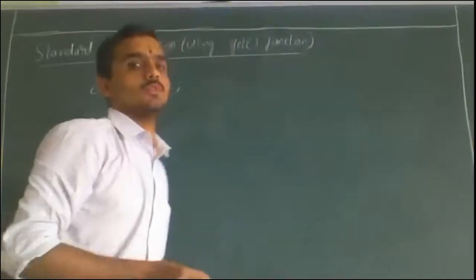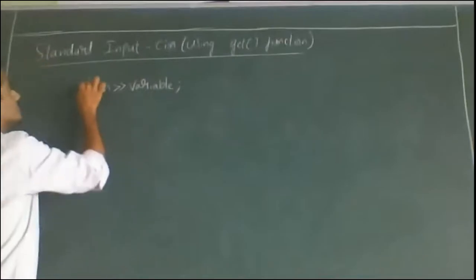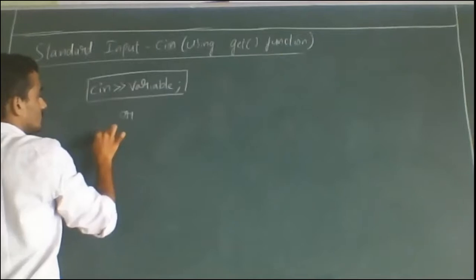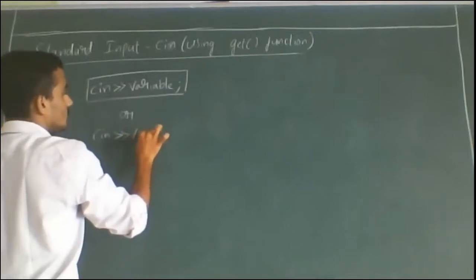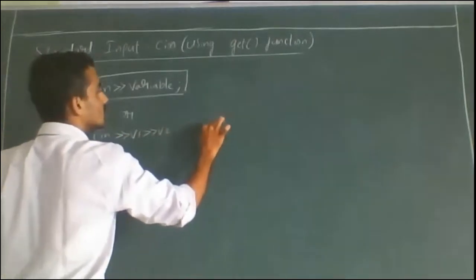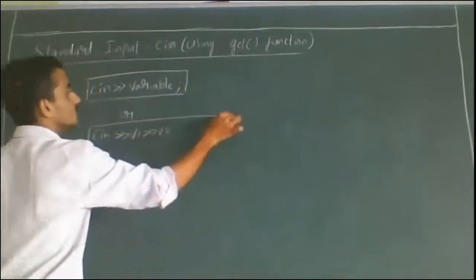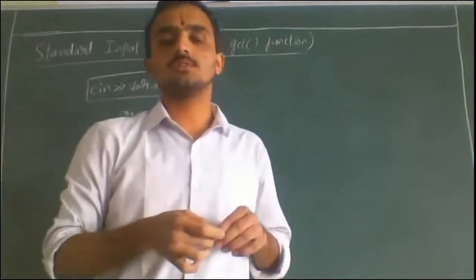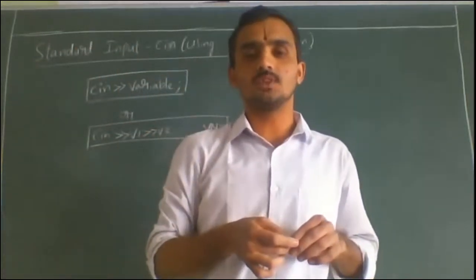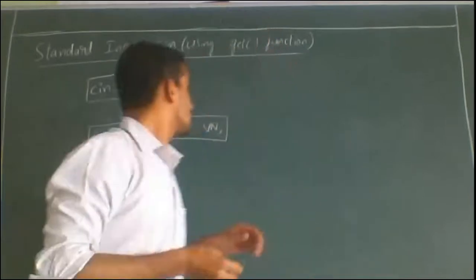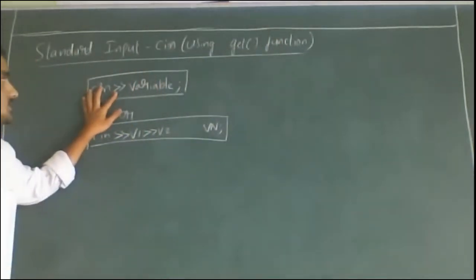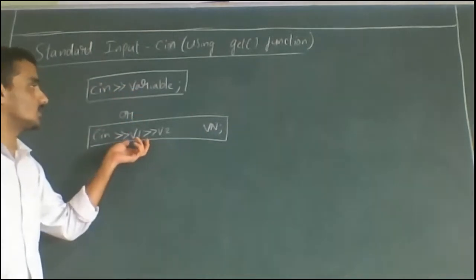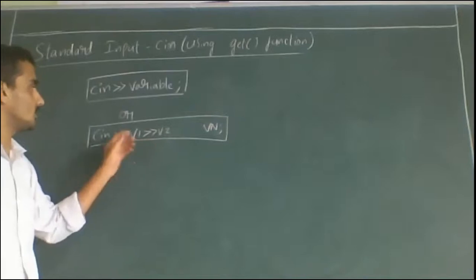Okay, so we know the syntax of the statement: cin, extraction operator, variable name, or if there are more, v1, v2 up to vn. Okay, so this is the syntax. Fine. So when we have discussed examples with respect to these general forms, we know that we have used the statement with the extraction operator and a variable, or if we want to give values for more variables, we can use this.